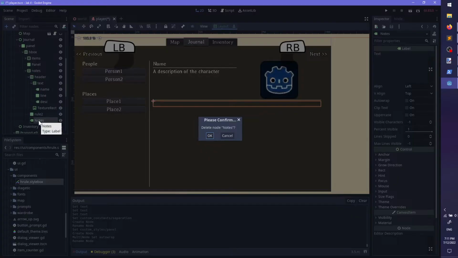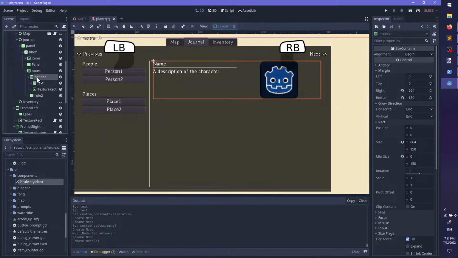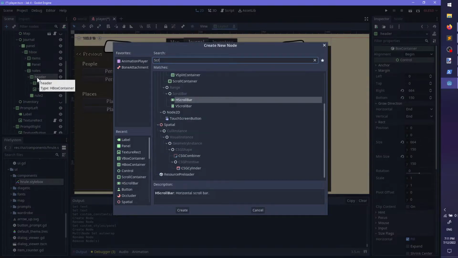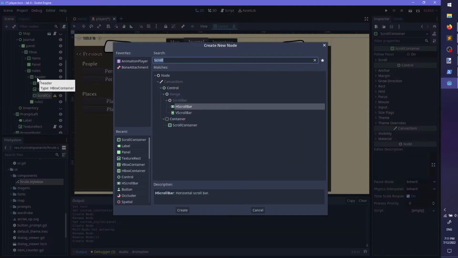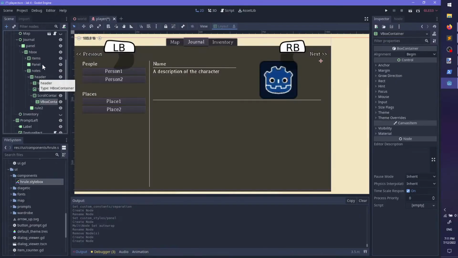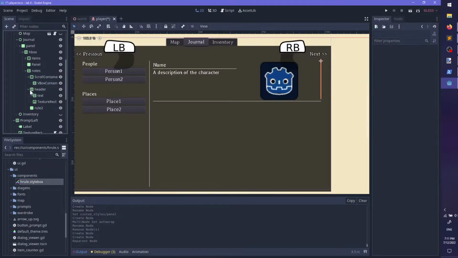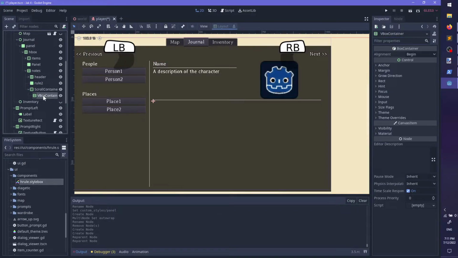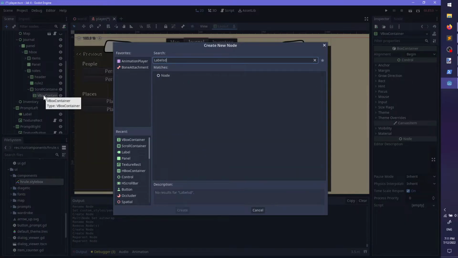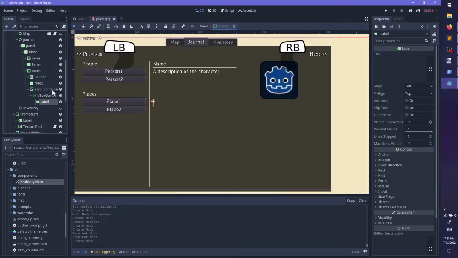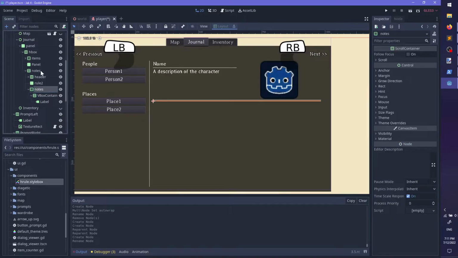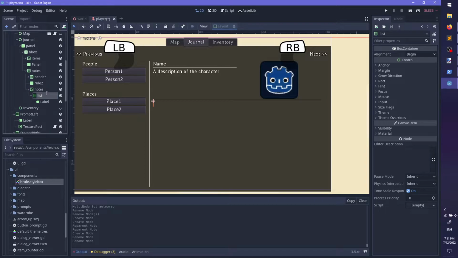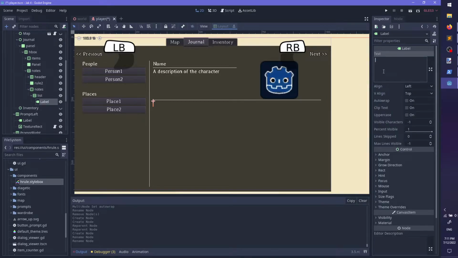Wait, this has to be, oh my god. This has to be a scroll container containing a V box, which will then contain labels, because this is notes, list, and then we need